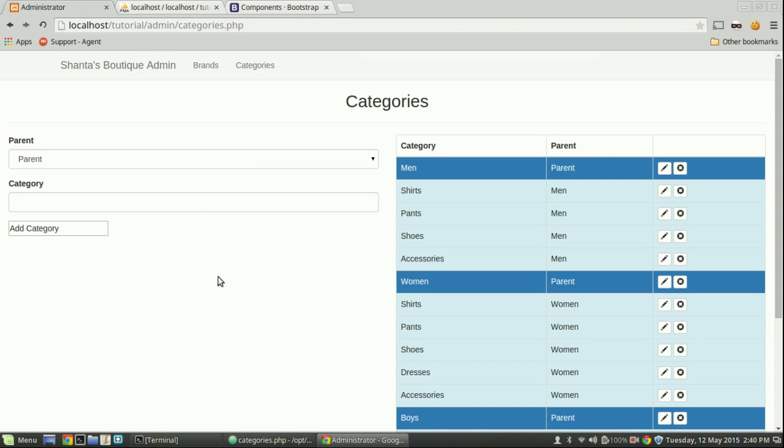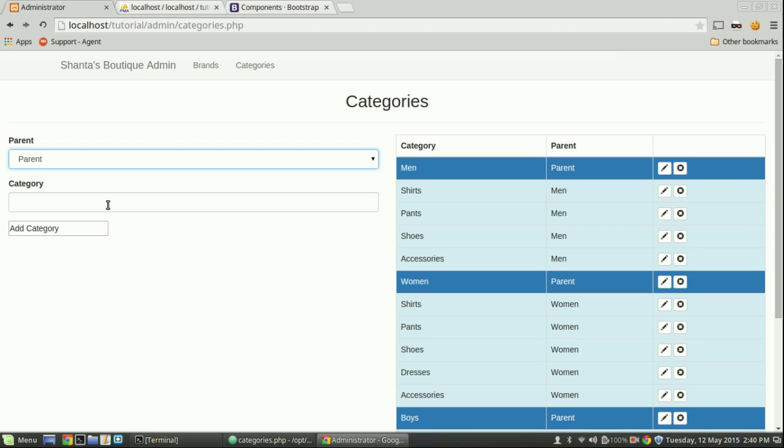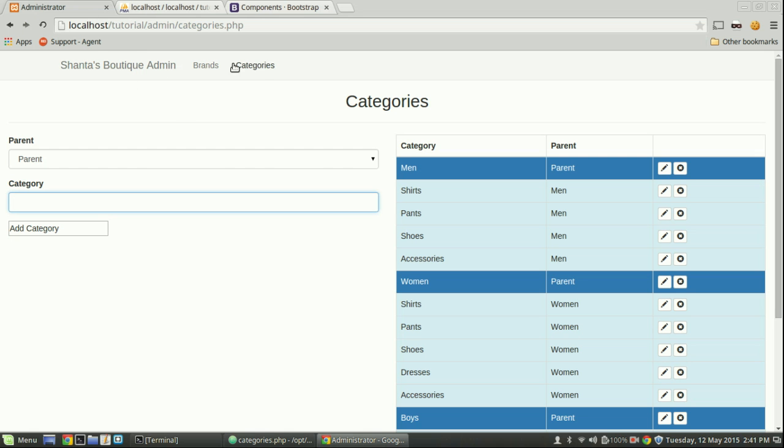Refresh it. And we have our parents to choose from. We can add a category. And here I just need to make that look nicer. So in our input, we do need to have a class. We're going to say button, and let's do button-success, and refresh the page. There we go. All right, so that's our basic